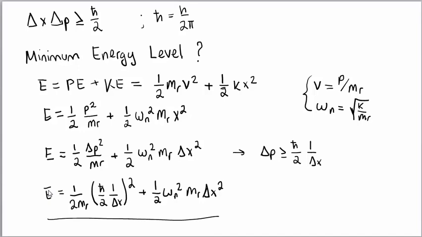So what is the minimum energy? Well, if we have an equation for energy, to find the minimum, what do we do? We take the derivative. Take the derivative of the energy equation with respect to x, and we set that derivative equal to 0. Okay? So when we do that, and I encourage you to do this on your own paper and make sure that you get the same result that I do. So we do dE/dx and set that equal to 0, and you end up solving for delta x,